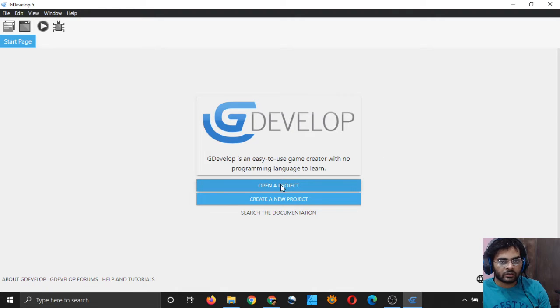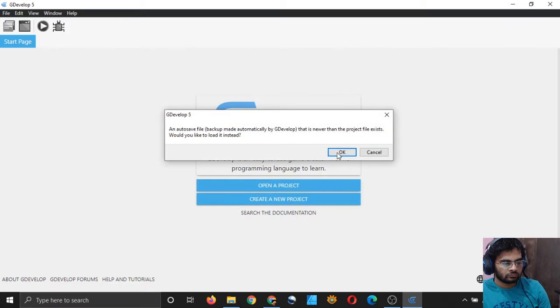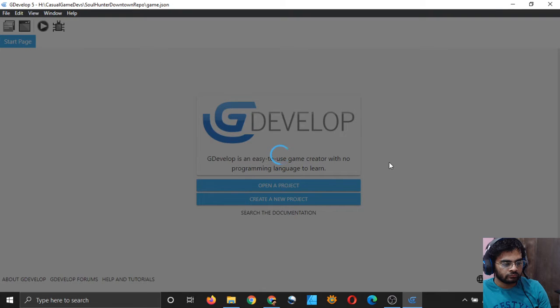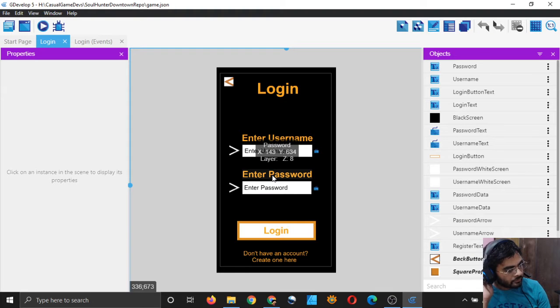I will open my project now. So there it is, and first of all, I think I should create the password reset screen. So I will go to my login scene, because most likely, when will a person want to reset their password?